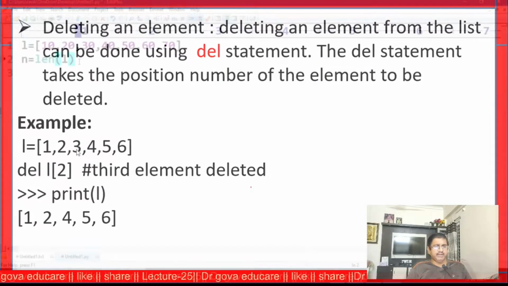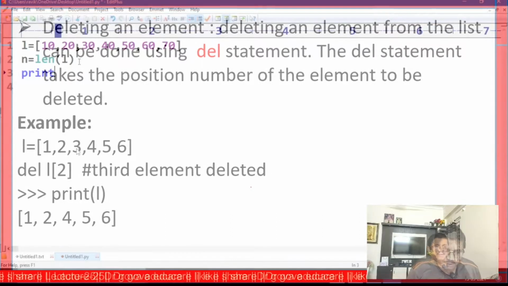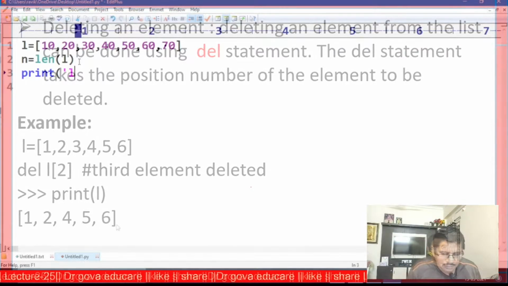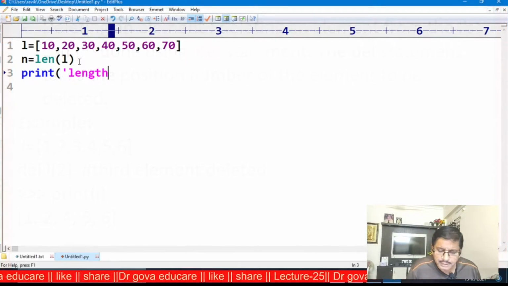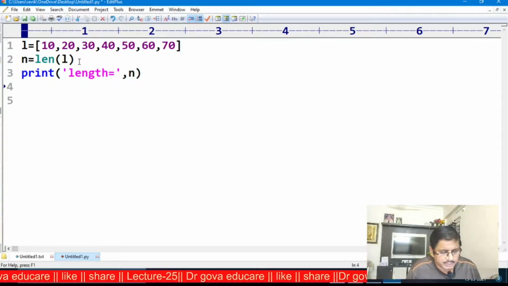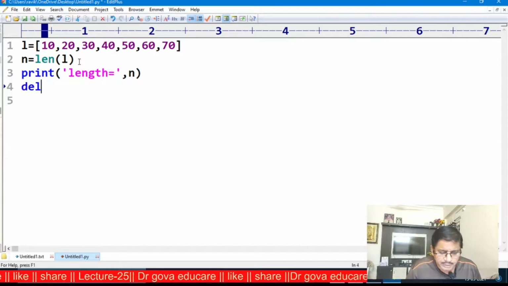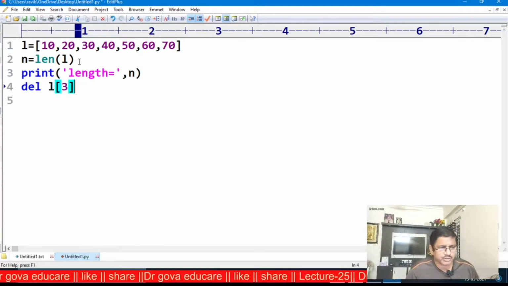The length of L will change after deletion. Now after deleting 3, this is the list 1, 2, 3. So length is equal to n. Now I want to delete a particular value, del L of position number 3.